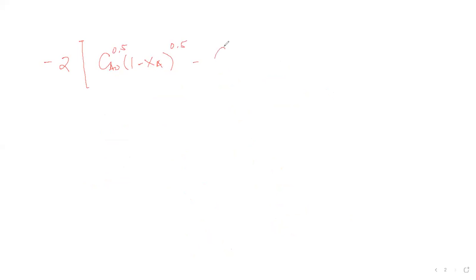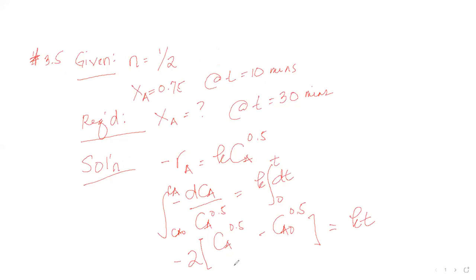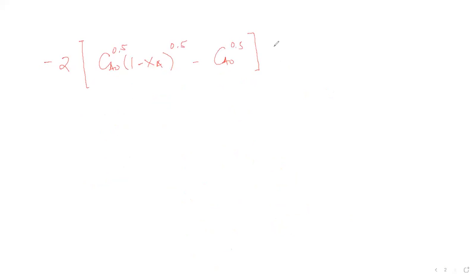And I have here CA0 raised to 0.5. Okay, let me go back and share to you the original equation. So this is it. We changed the CA to CA0(1 minus XA). This one we copy. And then, of course, we copy what we have on the right side, and that would be